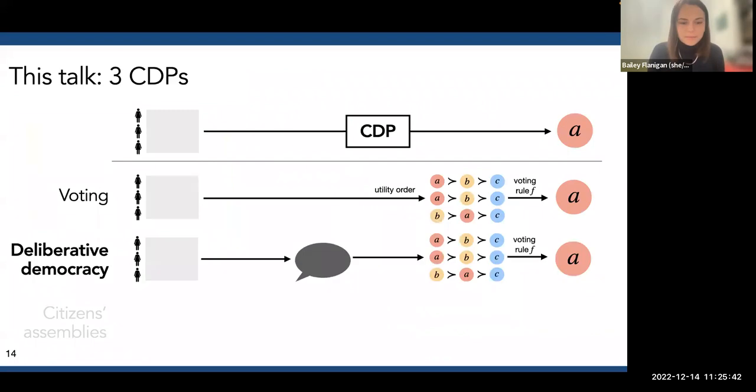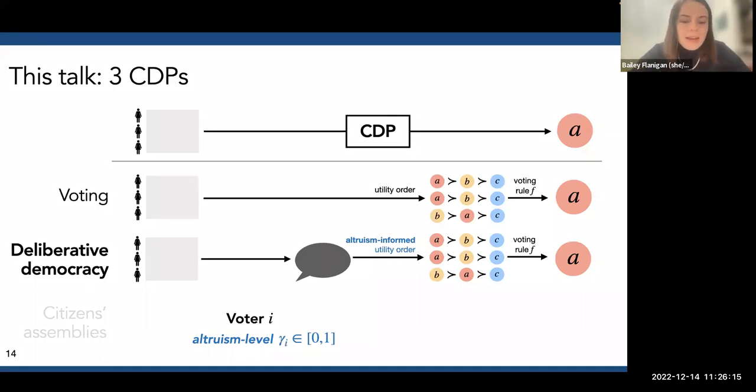Okay, so we've talked about voting, and now just to be very clear, we're going to build a little bit on top of this. Instead of doing the standard voting, we're now thinking about what I'm calling deliberative democracy, where before voting, all the voters get together and they discuss the policy issue at hand. And the difference that's going to come out of this in our model is that instead of using the utility order to rank alternatives, voters are going to use what I'm calling the altruism-informed utility order.